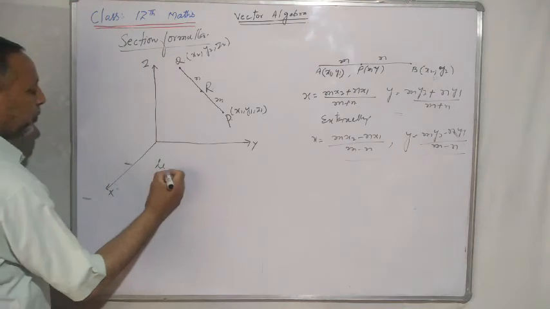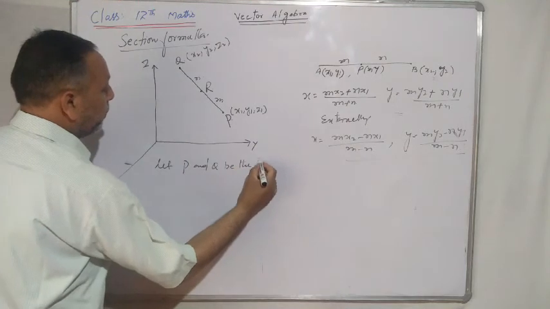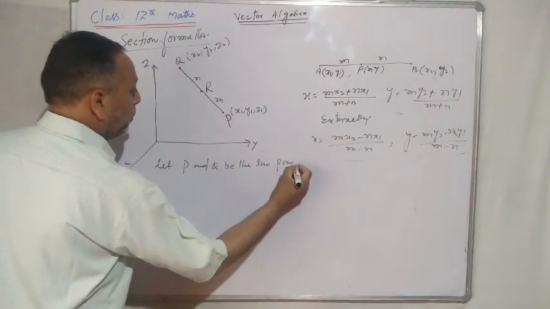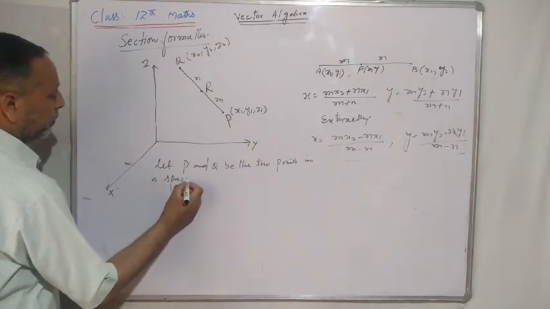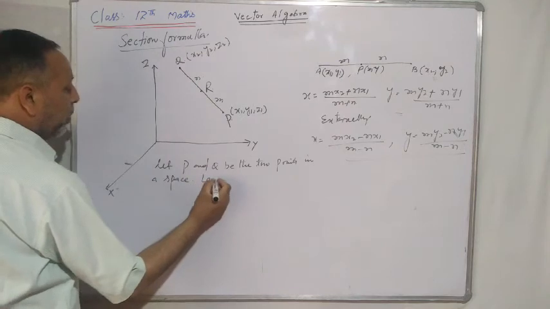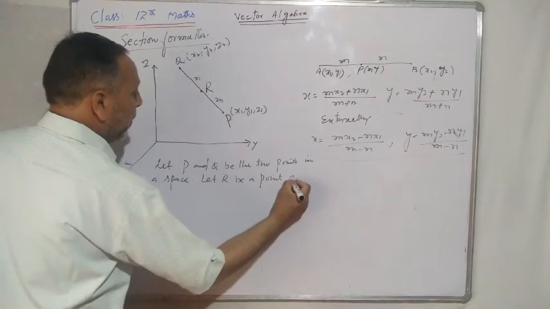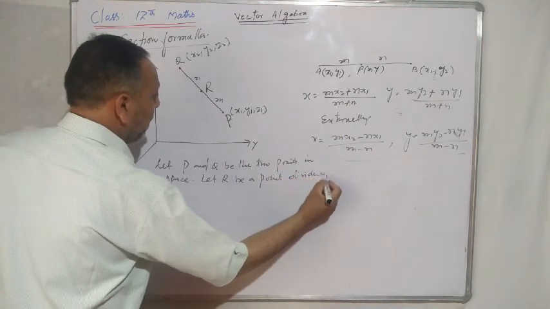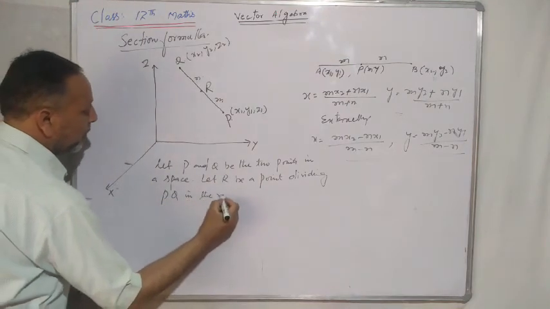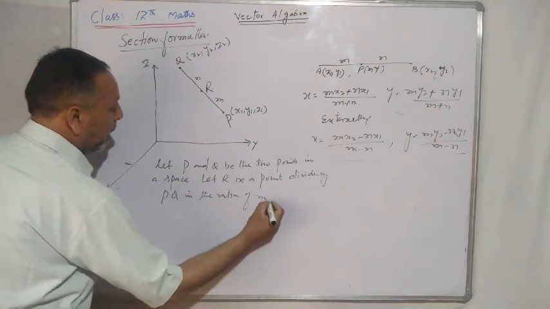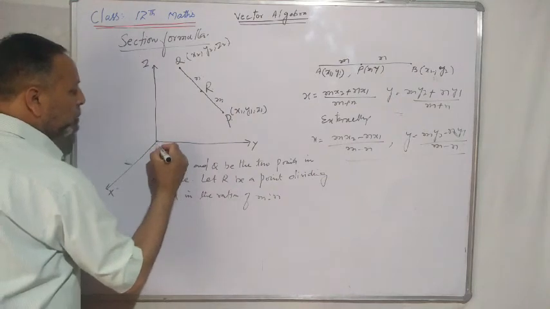So let P and Q be the 2 points in space. Let R be a point dividing PQ in the ratio of m:n. चलो मान लिया। चलो मैं इस पॉइंट P का पोजीशन वेक्टर निकालता हूं, इसको मैं ऑरिजिन के साथ ज्वाइन करूंगा।